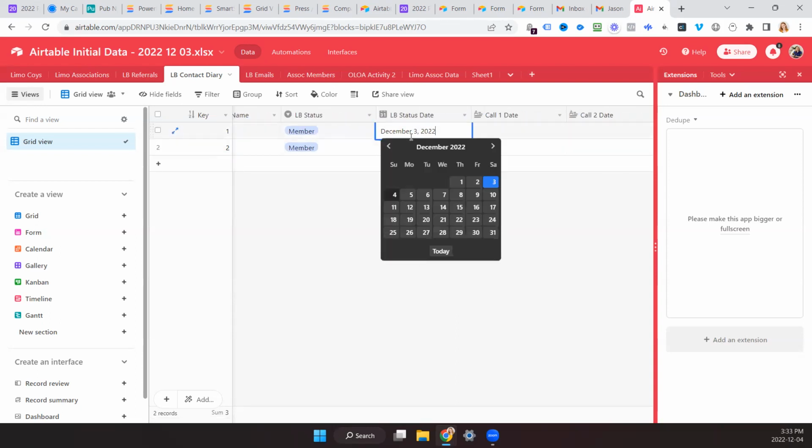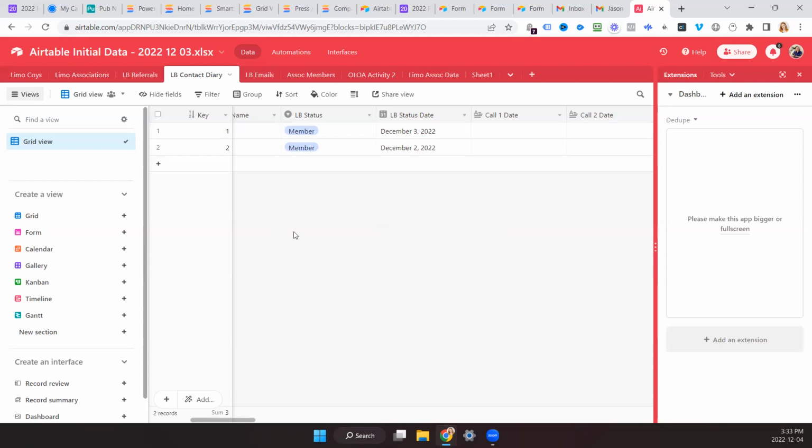And LB status date, so that one there, now I know how to change the date. Whenever I change the LB status, whenever I change something in that record, that date will change. And what is LB status? LB is limo board. I'm just trying to keep the column heading short.